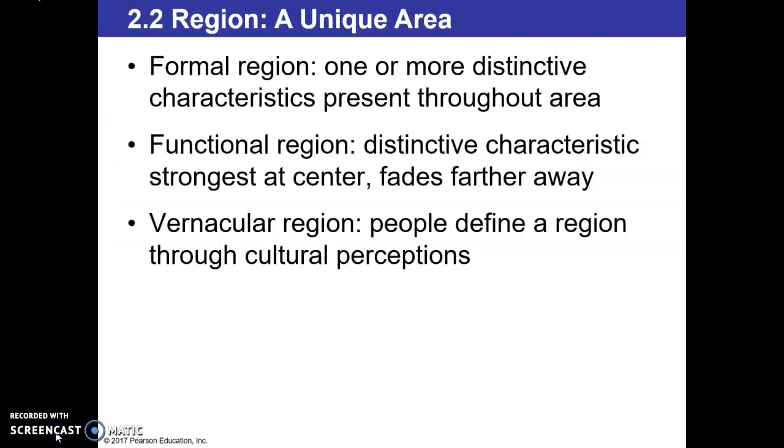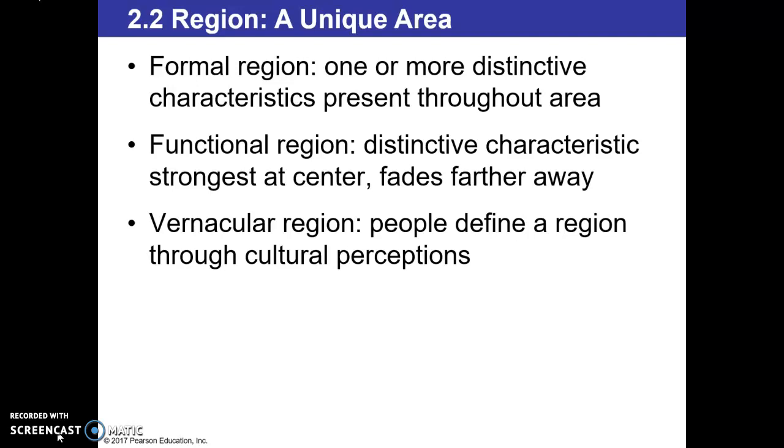Now that we've finished talking about three ways that can help us describe the location of a place, we're going to be getting into region and what we can look at when we are distinguishing whether or not a unique area is a region. A region derives its unified character through the cultural landscape. What that means is looking at a combination of cultural features like language, religion, economic features like agriculture and industry, and physical features like climate and vegetation.